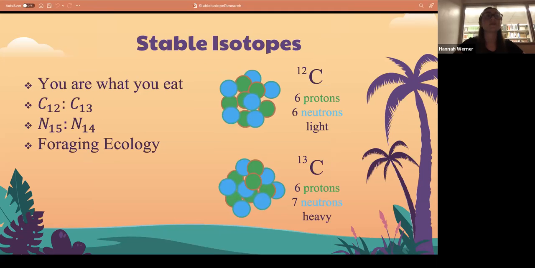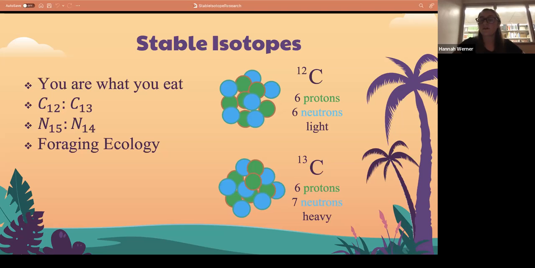So the stable isotopes, you are what you eat. What that means is that when they're consuming this specific diet, it goes and it's incorporated into the consumer cells. So it's incorporated into skin cells, bone cells, and blood cells. We focused on skin cells of the Hawksbill sea turtles. So we're able to look at those ratios within the skin cells. The ratios are based off of discrimination that naturally happens within nature. So we usually see a discrimination against the heavier isotope.